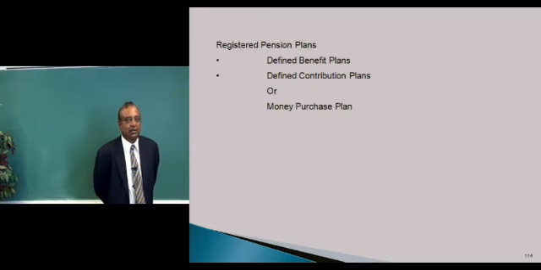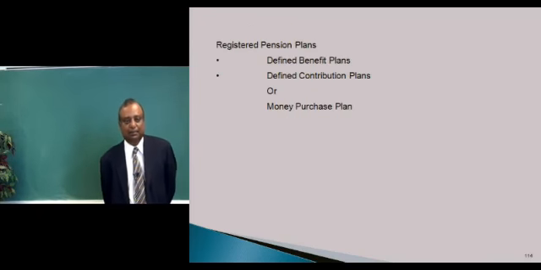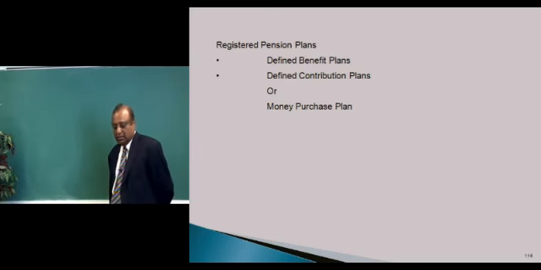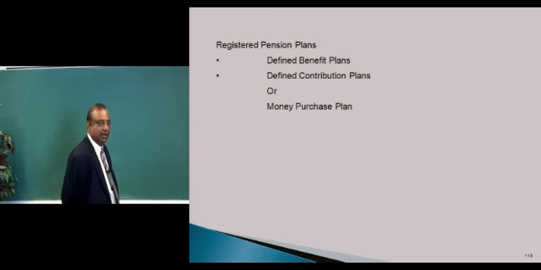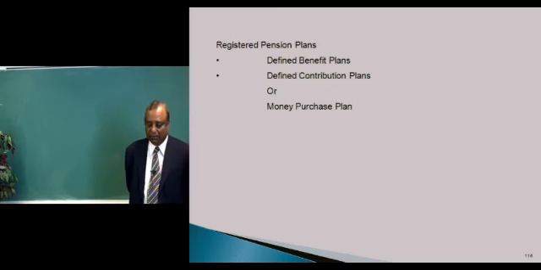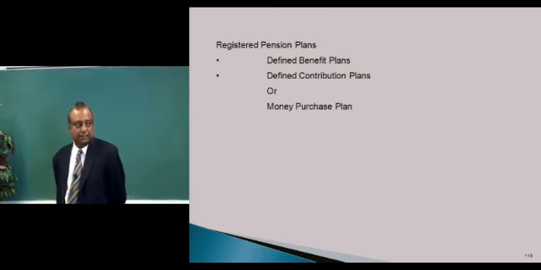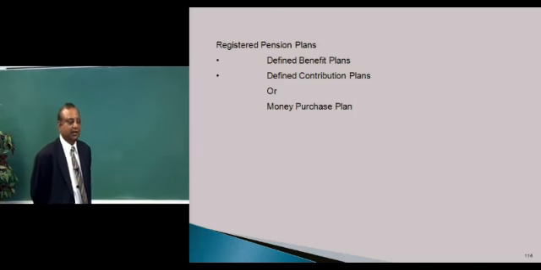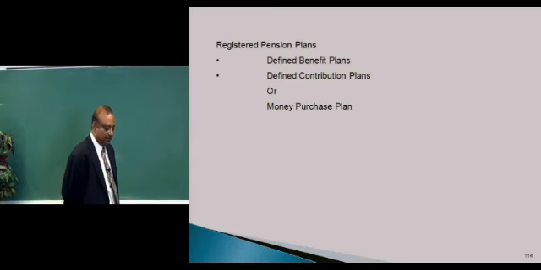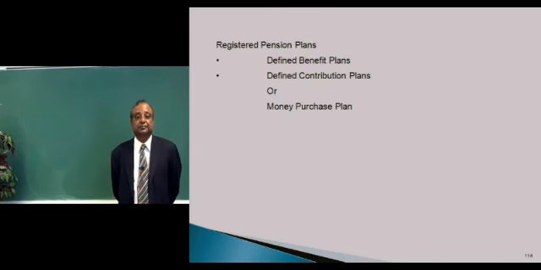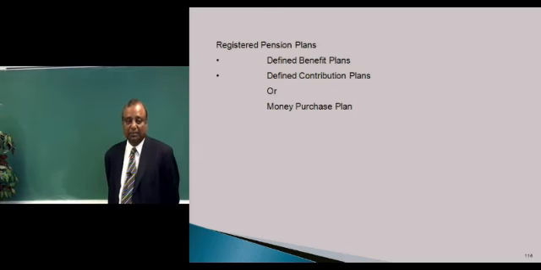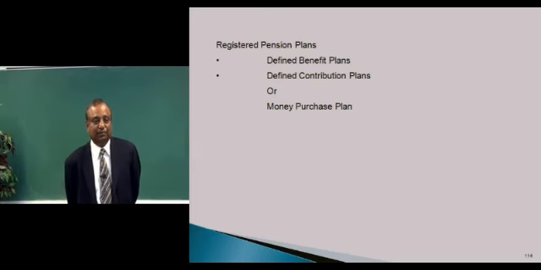We have the registered pension plan, the other part of the 18%. There are two kinds of pension plans. One is the defined benefit plan and the other is the defined contribution plan or money purchase plan. In a defined benefit plan, you know exactly how much pension the pension fund owes you. Let's say the company needs to pay me $20,000 a year. That is the pension that they need to pay me. Whatever it costs, the pension fund needs to pay it and buy me.